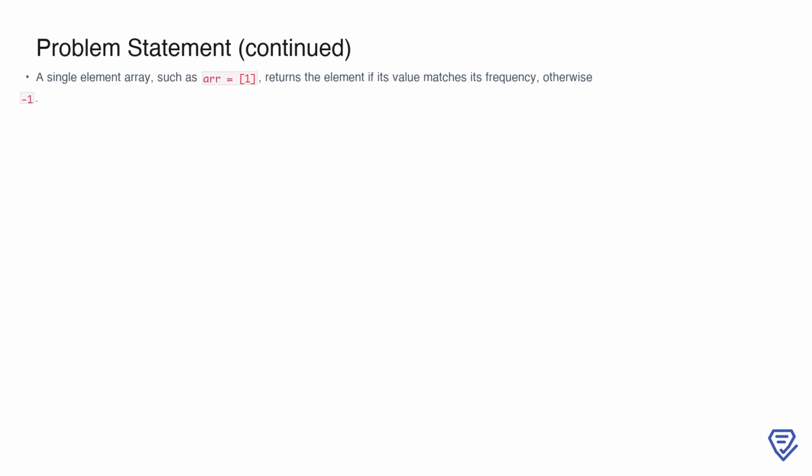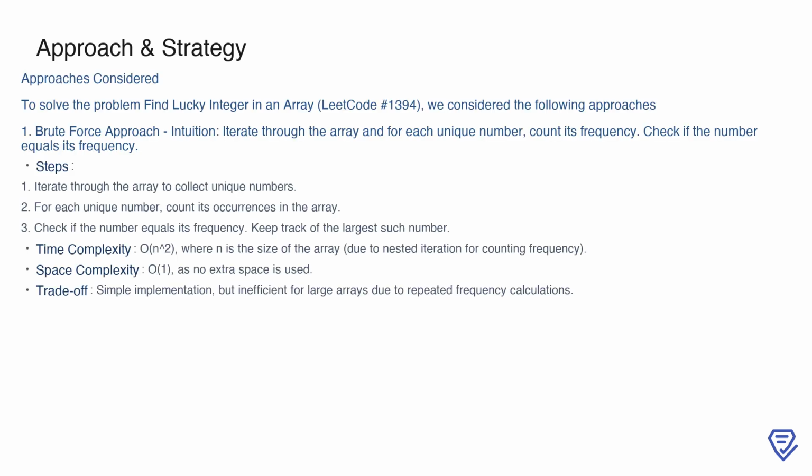For arrays where all elements are the same, like 4, 4, 4, 4, we check if the frequency matches the value. Here, the output would be 4. For a single element array, such as 1, we return the element if its value matches its frequency, otherwise, we return -1. To solve the problem of finding a lucky integer in an array, we first considered the brute force